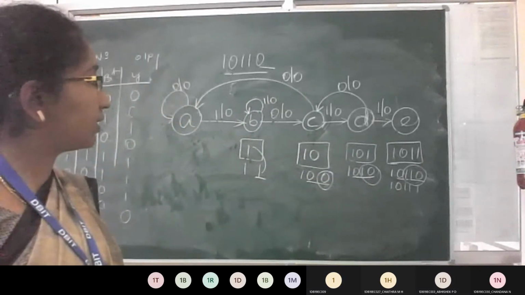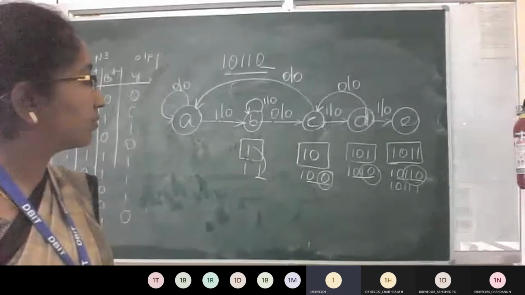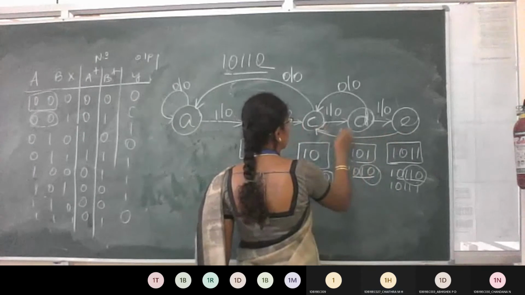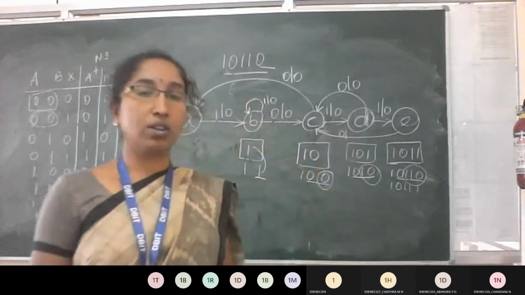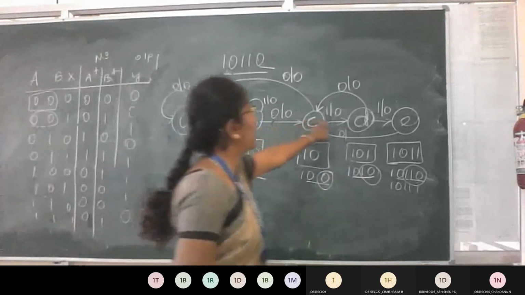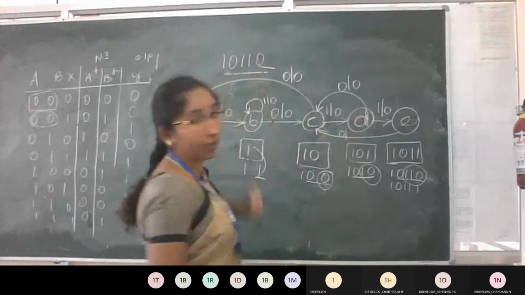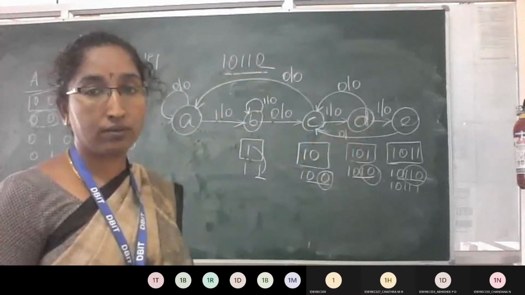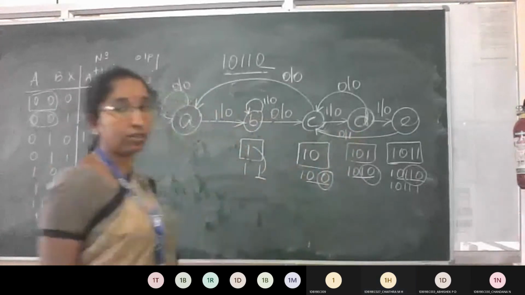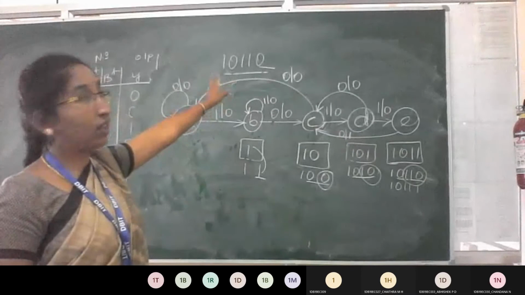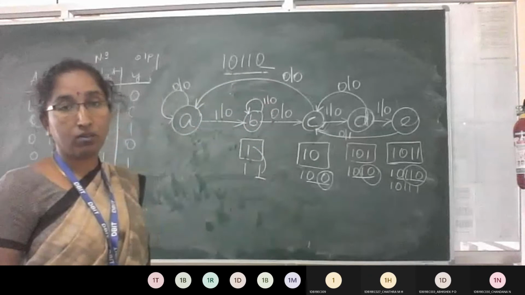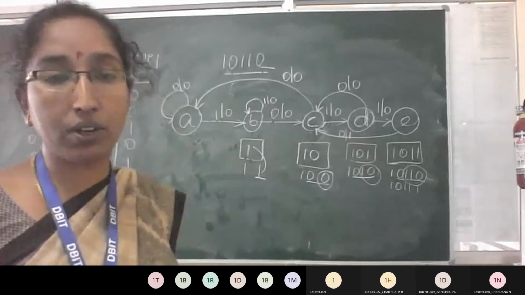Where am I supposed to take a transition now? C, ma'am. Yes, C to C. When x equals 0, what is the output now? Observe carefully. What is your bit? Have you received the whole sequence? 1 0 1 1 0. 1 0 1 1 0 is my sequence. What is the output now? 1. Output has to be 1 now. This is for this bit, not for all the bits. That is my sequence, 1 0 1 1 0. I have received it, so output becomes 1. Only when you have received all the bits, at the last bit, your output becomes 1.